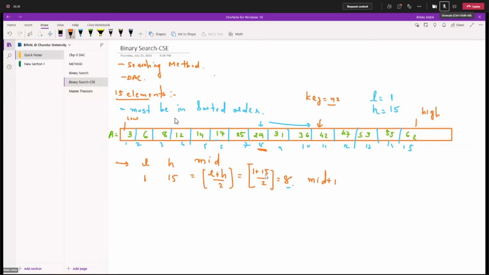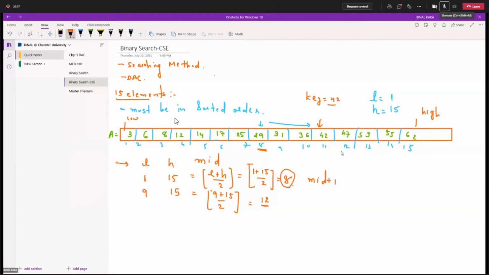What is mid? It is 8. So 8 plus 1 is 9, and high remains the same, 15. So 9 plus 15 divided by 2, and I'll get 12.